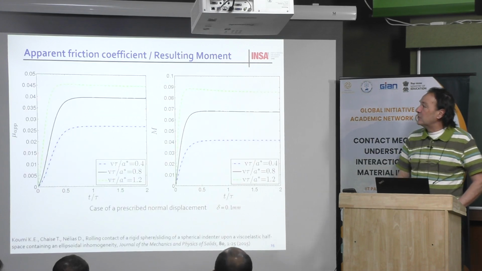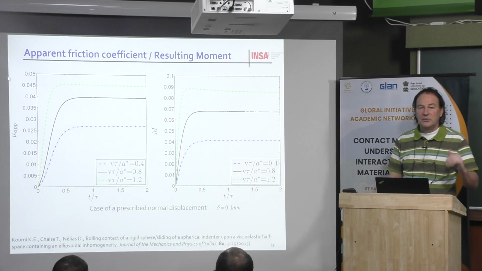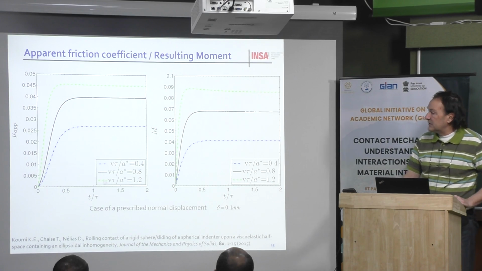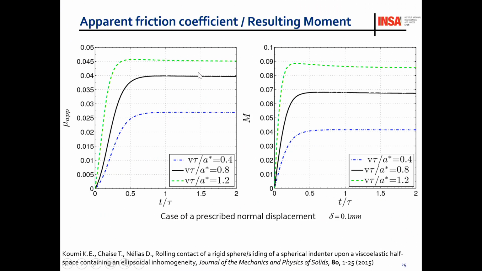Some result about the apparent friction coefficient. Again, the value here is not very important. You can have 10 times higher the friction coefficient. Then this is the effect of the speed. This is the lowest speed. When you double the speed, this is speed 1, speed 2, speed 3, you can see this is not linear. And in fact, there is some optimum. If you roll too fast, too quickly, you may have a maximum, and then it can be decreasing. Okay. Then the apparent friction coefficient depends on many parameters, including the speed.